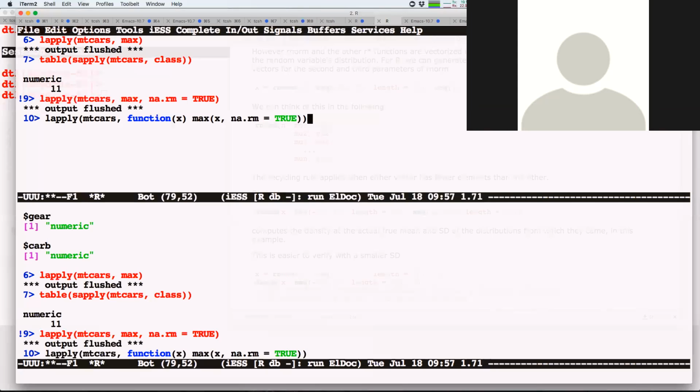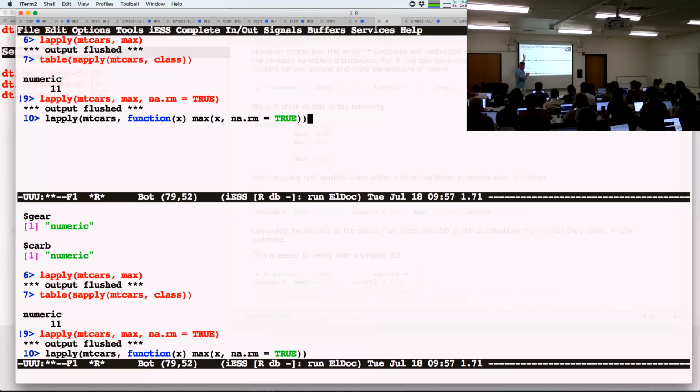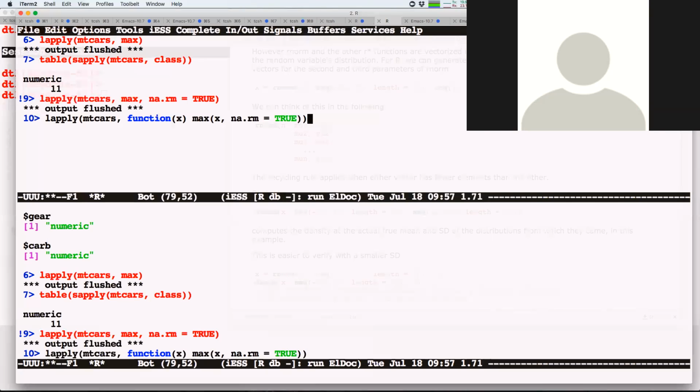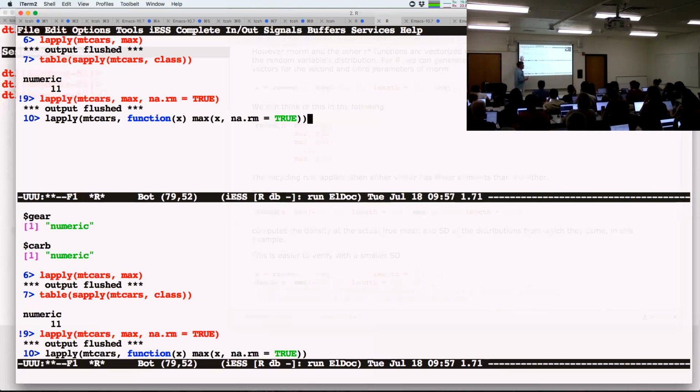This is when you do not have a vectorized function. You basically have to write it yourself to do the looping over each element of the group that you want. That's what the apply functions do. And we have various apply functions, okay? lapply is probably the simplest, the most generic. Anything you can do with a vector, you can do with a list. Integers, characters, numerics are special cases to some extent. They have similar types of values. But the key idea is that we're looping over things and passing in extra arguments.